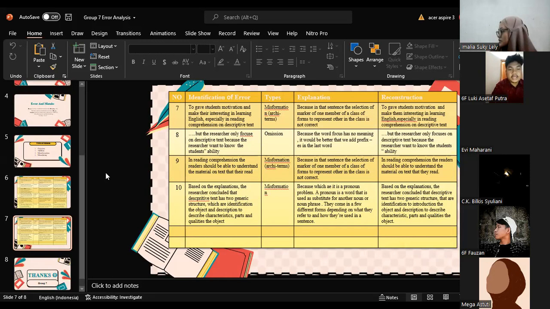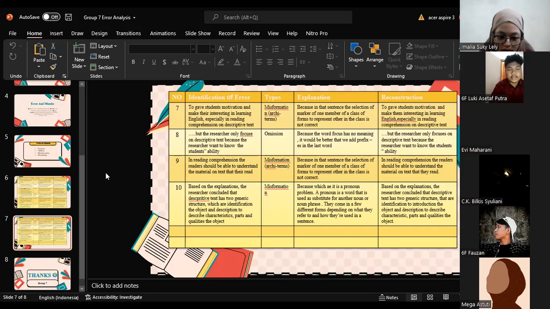And number 9 is in reading comprehension, the readers should be able to understand the material on text that they read. The type is misformation archetypes, because in that sentence, the selection of marker of one member of a class of forms to represent other in the class is not correct. And the reconstruction is in reading comprehension, the reader should be able to understand the material on text that they